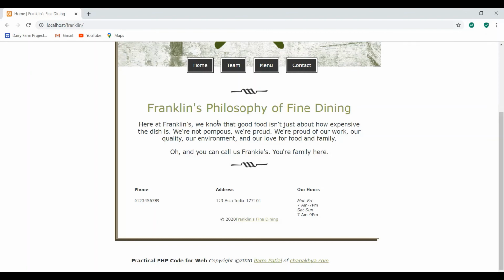So that's the information that I have added a little bit to the home page. This way we can create a template as a header and footer, and that we can include in the rest of the pages that we're going to create in the coming